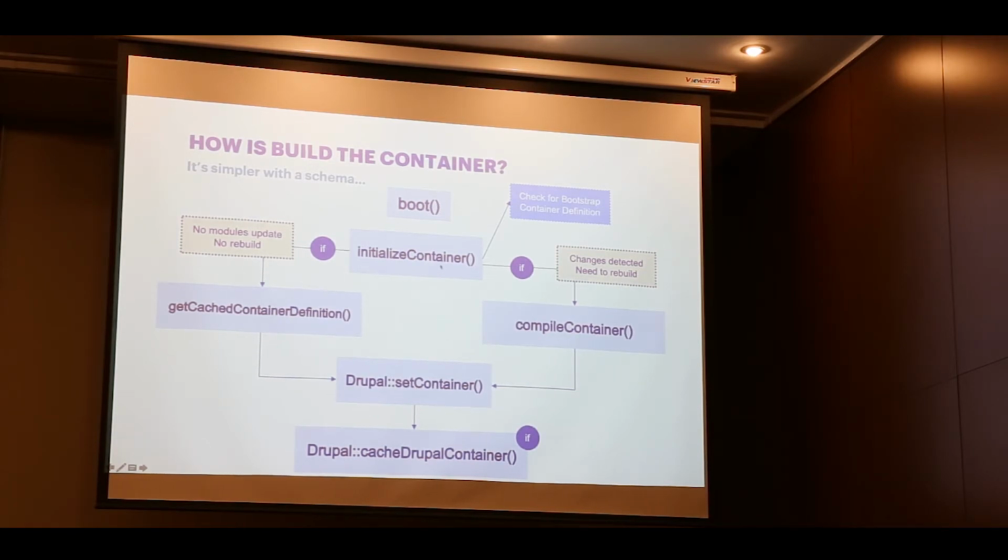If we detect some changes inside your application, we need to rebuild your cache. Here, we call compileContainer. The compile container launches different actions: it compiles the container, gets the parameters, everything. We have a new container. The container is attached to the Drupal core with setContainer. And after, we try to perform the save of the container. If you can't save, you have an exception thrown saying it's impossible to write your cache.